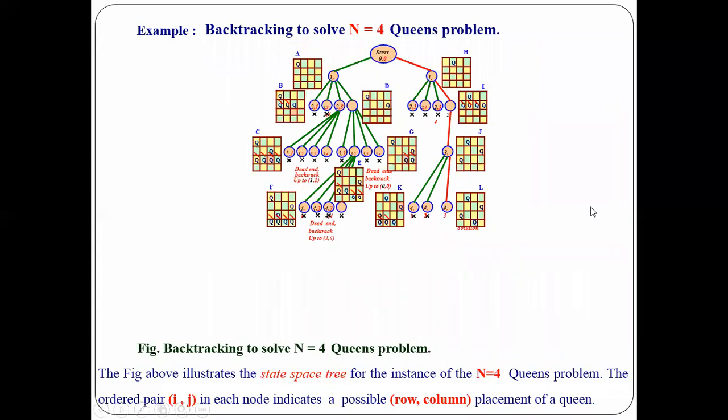So if we see this diagram over here, n is equal to 4, you can see that in the starting, we have start where we have 0, 0 location. That means we are keeping a queen. If you go for a square board, you see to it that you have kept a queen at the first square. Okay? And this is one of the alternative solutions.